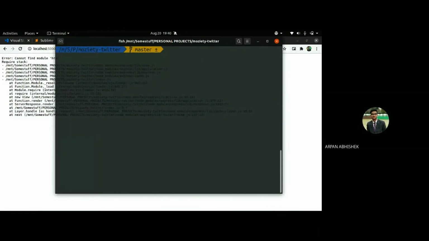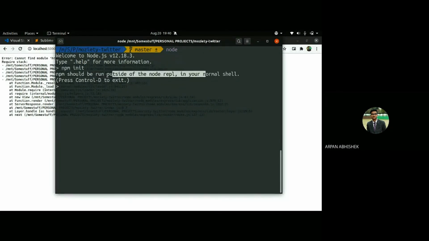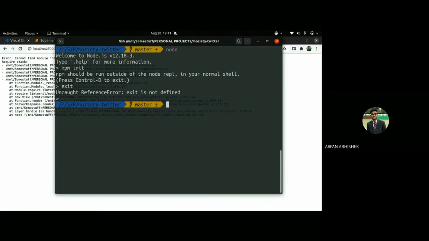And Akansha, how to close the server? Just press Ctrl+C. Akansha, you might be inside the node environment here, and you cannot run npm init here. So you should be getting this error, right? You can just simply type exit. Oh wait, you can press Control D to exit. It will show you here as well. Control D to exit, or whatever your system tells you. You need to exit that, and then write npm init and run it. That should solve your problem.